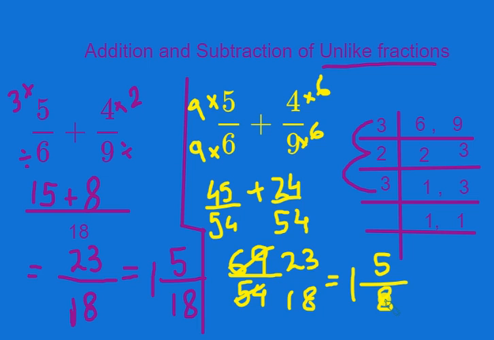I hope you have understood now. Now it's your choice. Whichever method you find easier, which you are more confident with, you can use that method to make the denominators the same. But the rest of the rules are the same. We don't add or subtract the denominators. We only add or subtract the numerators. I will take one more example using a different fraction.